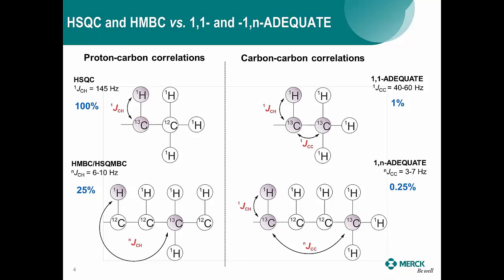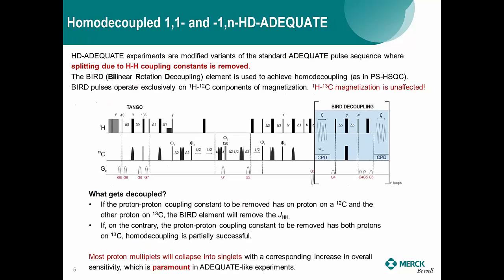So basically what we did here, we incorporated the homodecoupling that was first published in the HSQC experiment recently for the heteronuclear NMR correlation experiments, the pure shift version of the HSQC. But basically, we are able to remove the splitting from our final multiplets, remove the splitting due to